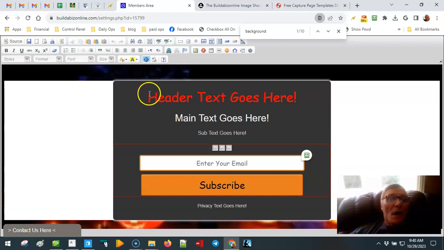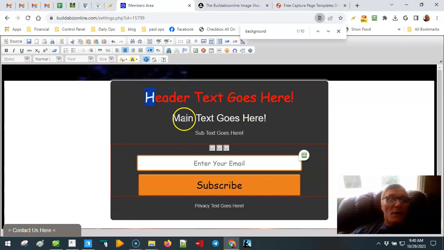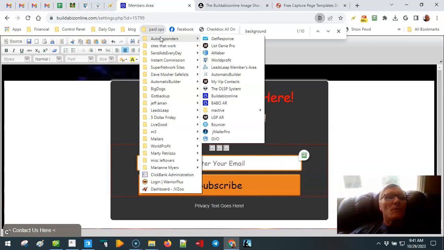Now you have something that's editable. Okay, you can change your header, your main text, subtext. You're going to need to go in and put your autoresponder form code in here. Now that's a little more difficult to do if you don't have that information handy. We're actually going to go into my autoresponder here at BuildABizOnline right here,